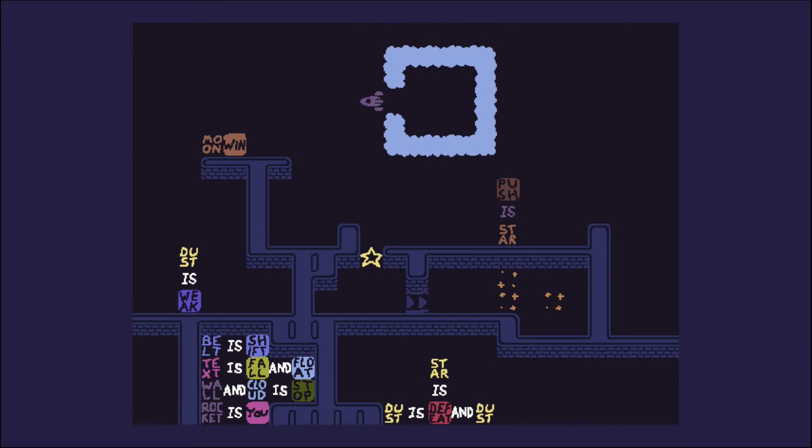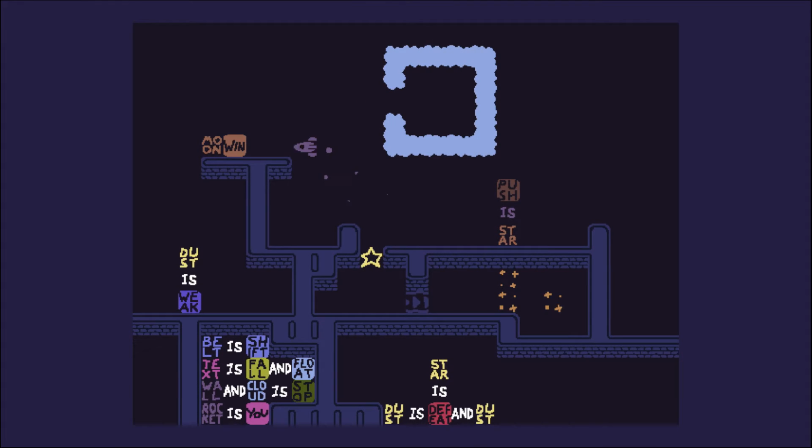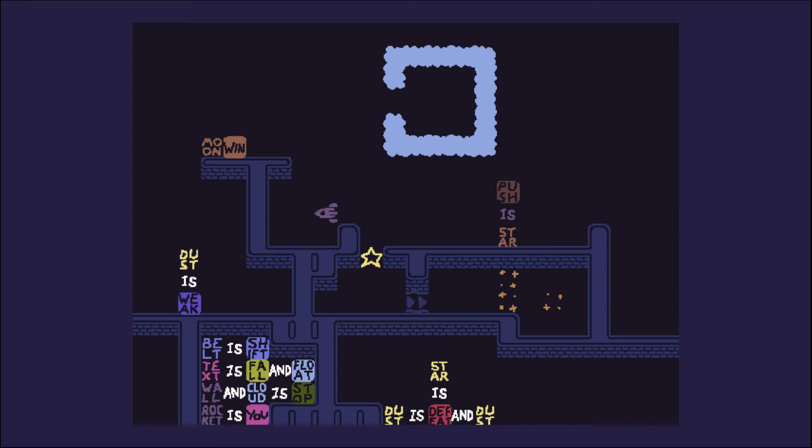But I still can't get through the conveyor belt while dust is weak and then later make moon is win, so far as I can see. And I can't see a way to make them both at once, right? Unless it's something to do with the shenanigans I was talking about, like pushing stuff to the east here. And I don't see how that would work. Because if I make star push, I can push star south, and then I have to push it south again. At which point...